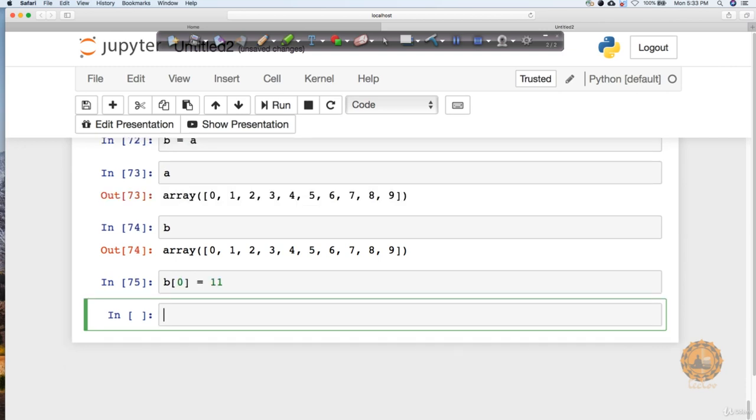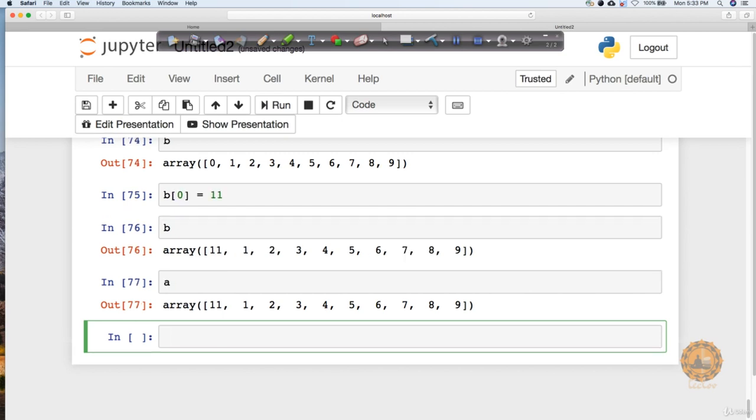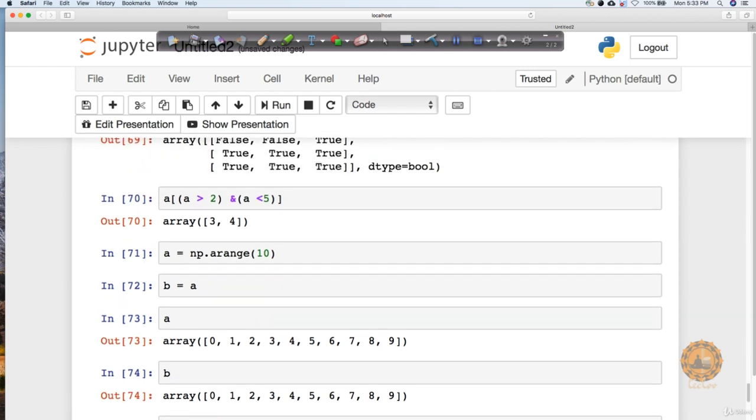When I did this and printed out the value of b, you can see that I'm getting this 11. But if you see the value of a also, it got changed, right? This is interesting. How did that happen? Because in a NumPy array, if you assign an array to another array, it's still pointing to the same location.